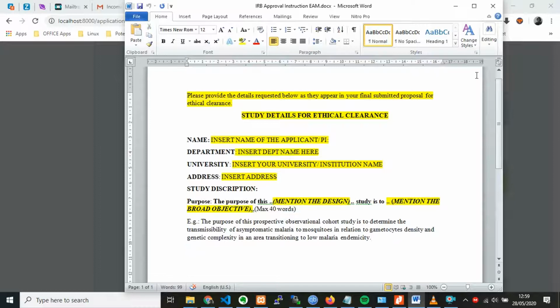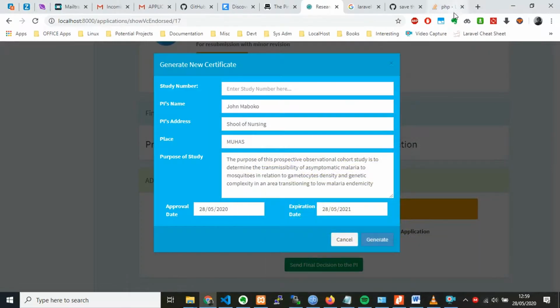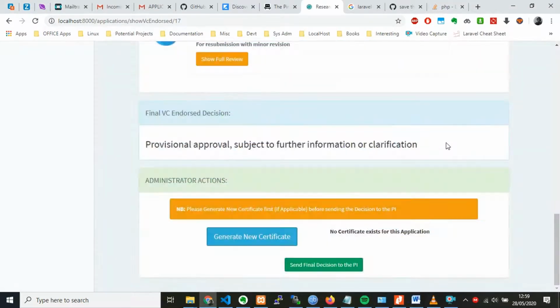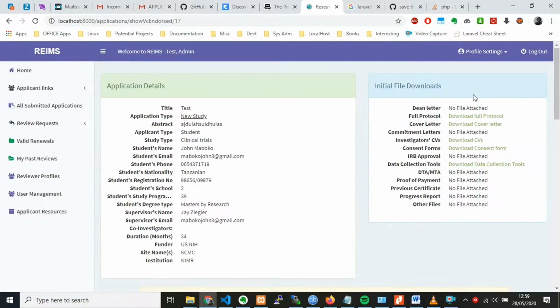So I had a bit of a challenge trying to figure out how to best implement this, because if you remember, when we were designing initially the forms which were to be used by PIs to enter the application details, we did not consider this purpose of study. So anyways, what we have done to at least remedy this is, right now,